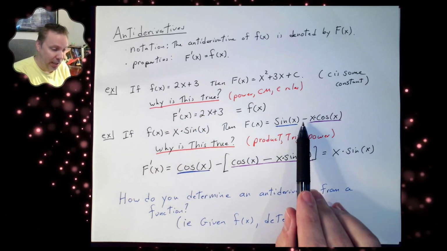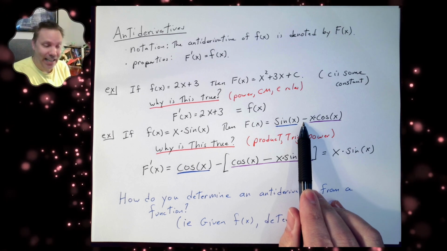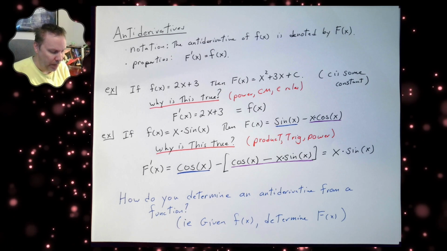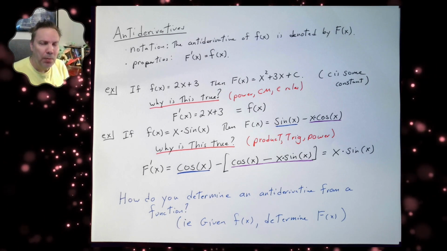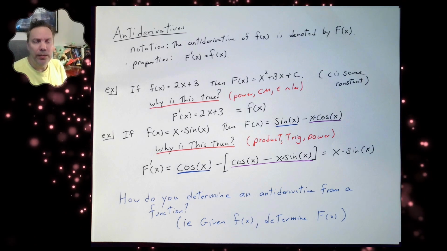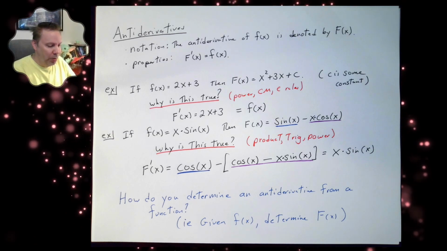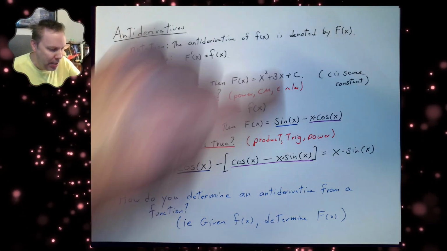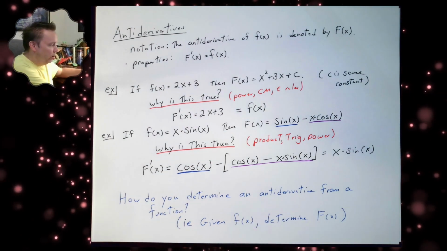And I'm also saying sine of x minus x cosine of x is an antiderivative for x times sine of x. So in other words, how can I actually come up with some rules for antiderivatives? We have a whole bunch for derivatives. In other words, if I gave you a function, how do you actually come up with this piece or this piece? So to do that,